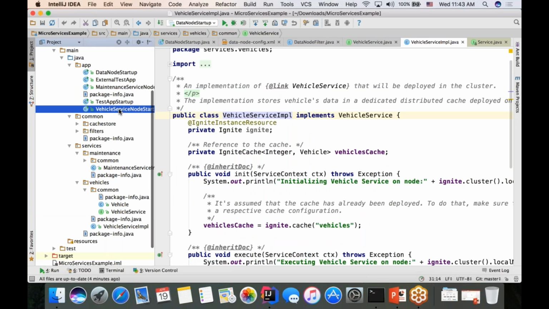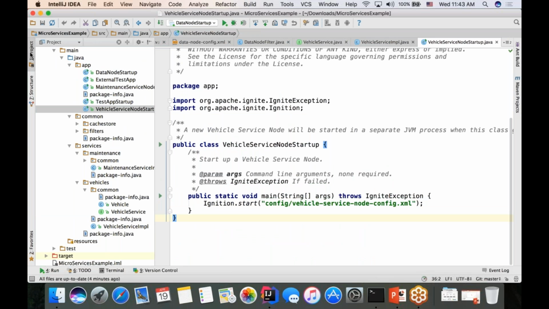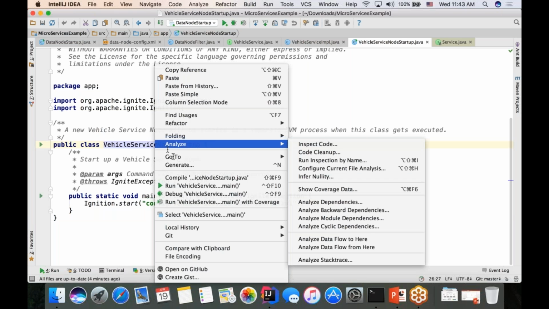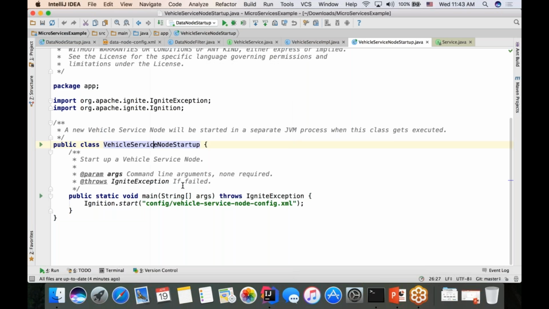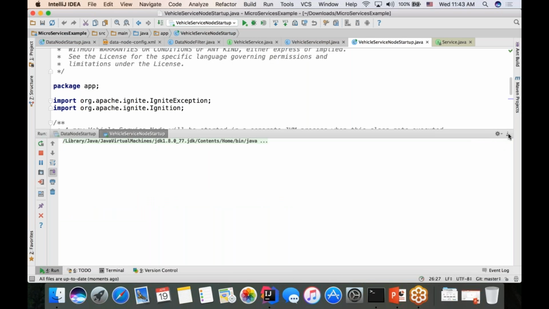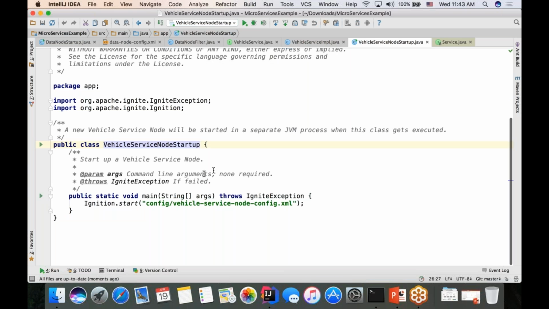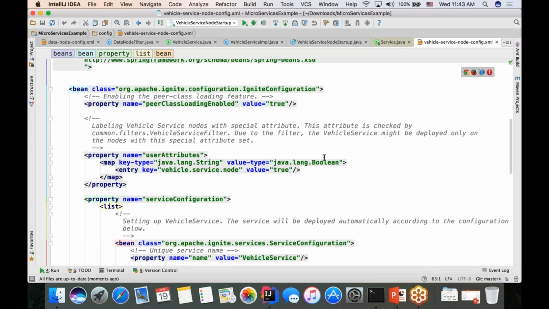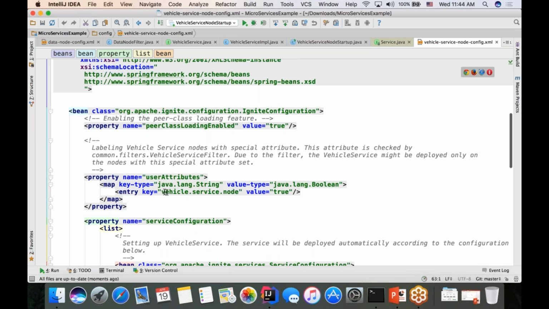Okay, and now we have a special configuration prepared for service nodes that are eligible for vehicle service deployment. So now let's start one of these nodes, and while the node is being initialized, let's go to the configuration of our vehicle service. And here we will see the same kind of concept applied for data nodes. Here we see that a node that will be started with this configuration will have this parameter defined